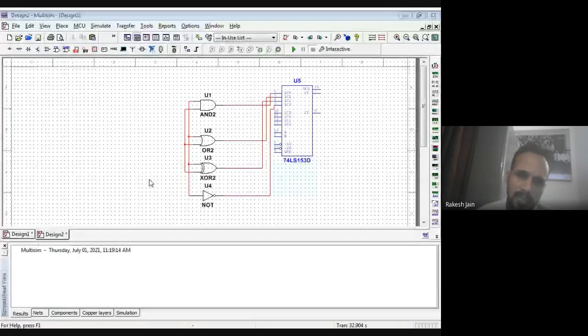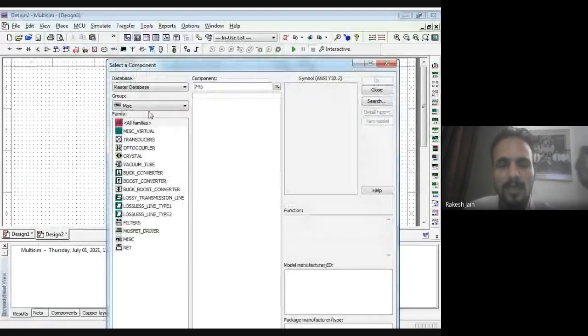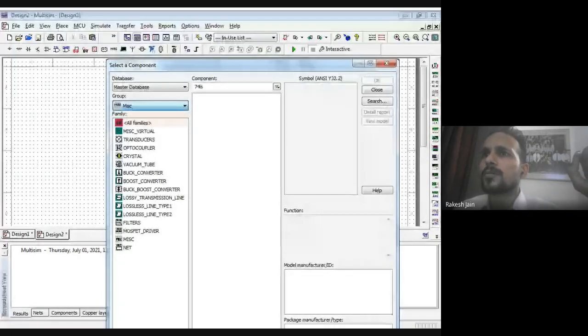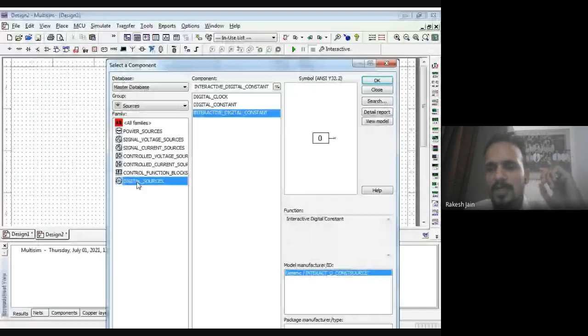Now for the selections and for the keys, we need switches, or we can say selectors. So click on MISC, click on sources, then click on digital sources.